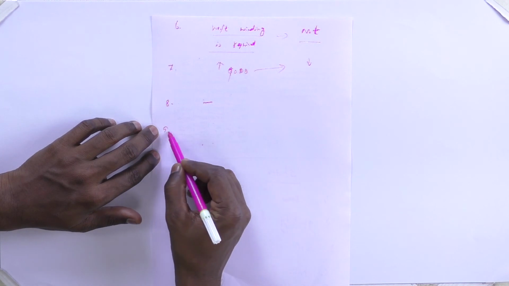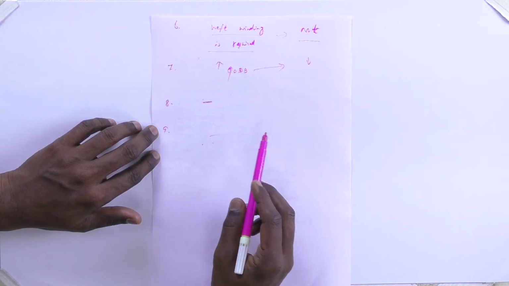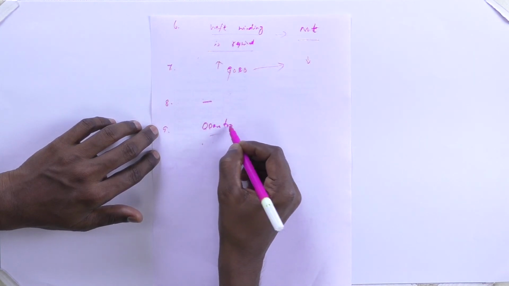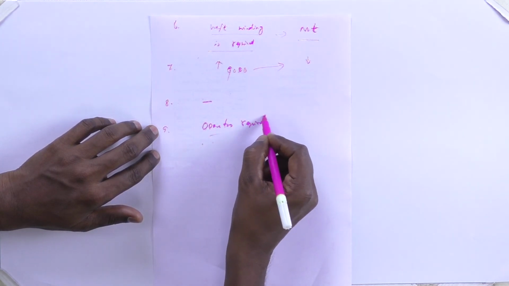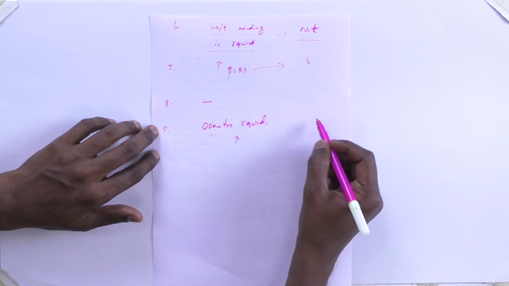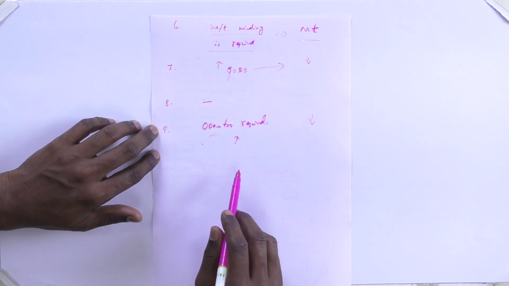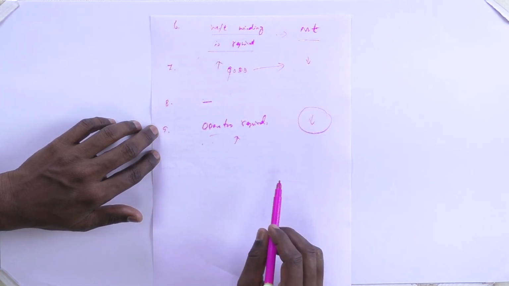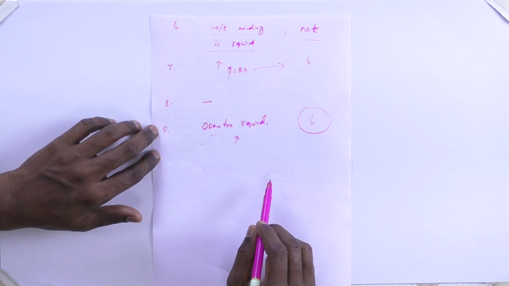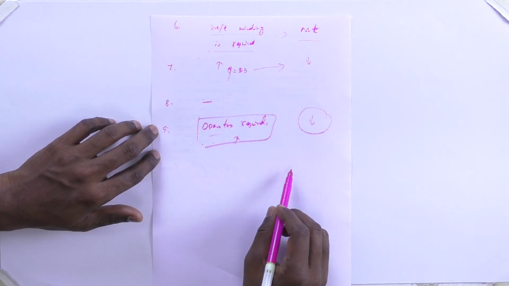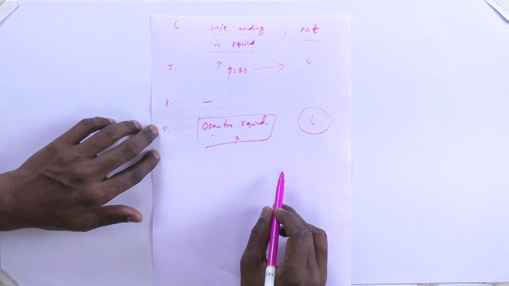The number of operators required in a shuttle loom is more, in a shuttleless loom it is very less, because most of the operations in shuttleless looms are automatically controlled, but in shuttle looms each and every operation is controlled by the operator. So more operators are required in shuttle looms. Here less operators are enough to produce the fabric.